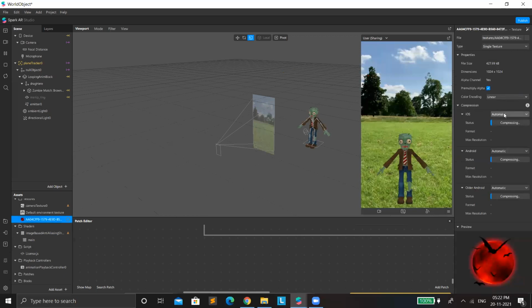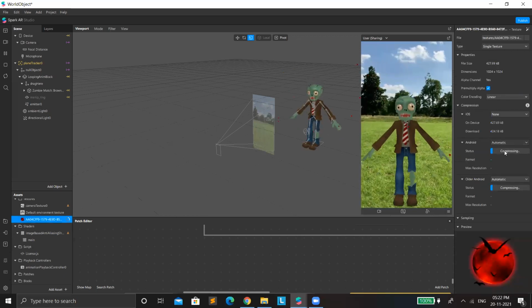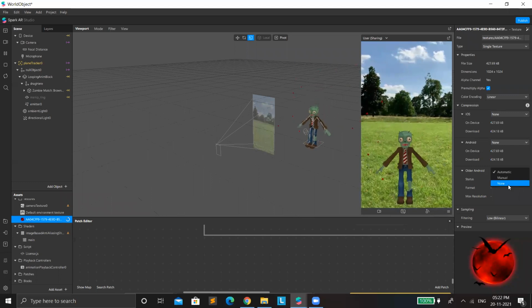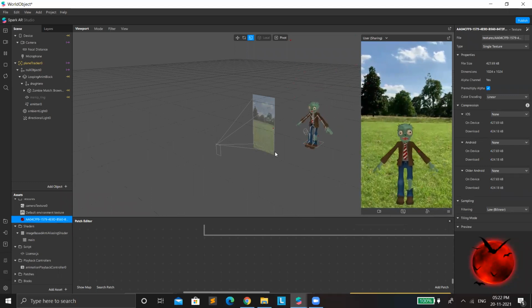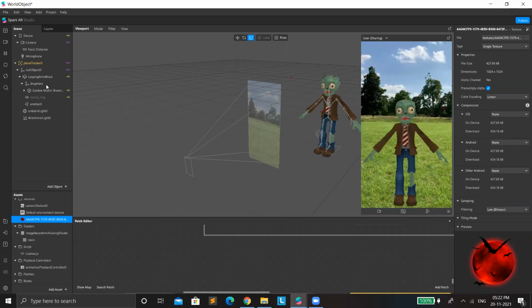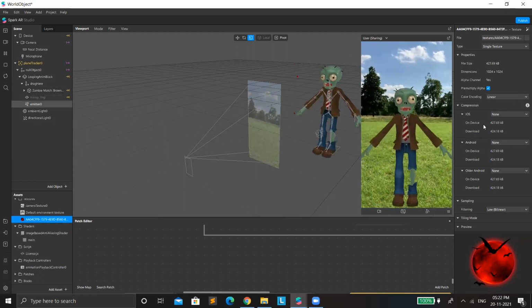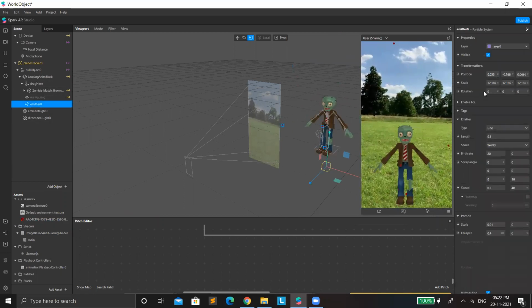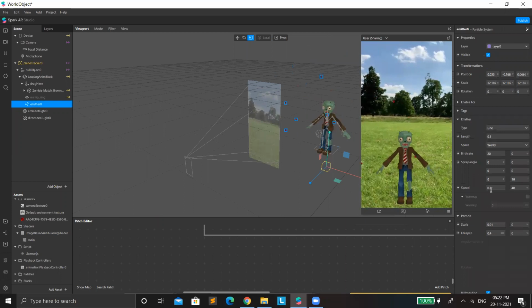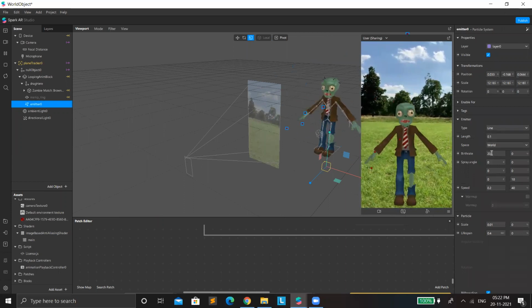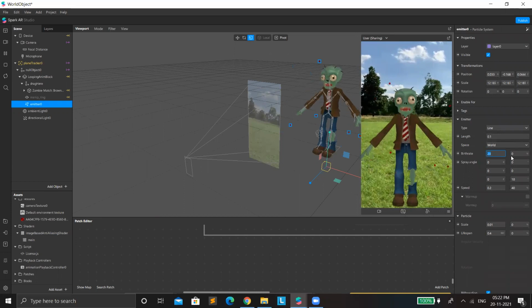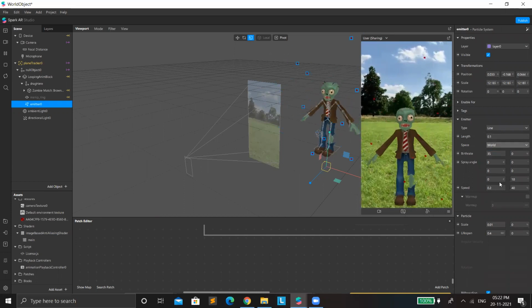Let's go to the texture, and what we will do is we'll just make it none because compression should not be there, otherwise the effect will take too much time to get loaded. And let's increase the size and emitter particles too. So let's go to birth rate as 35, and let's go with the